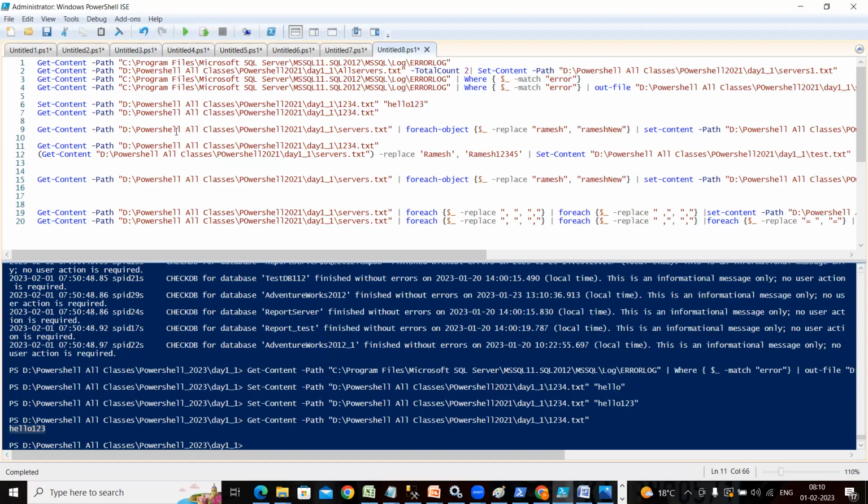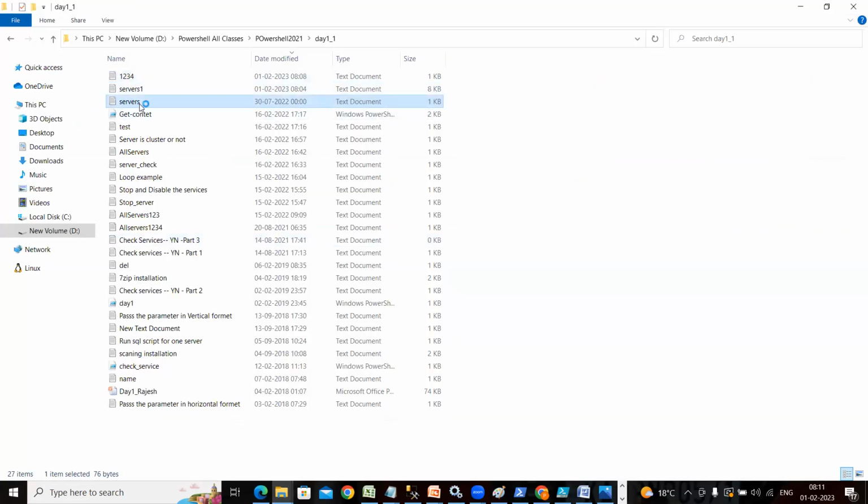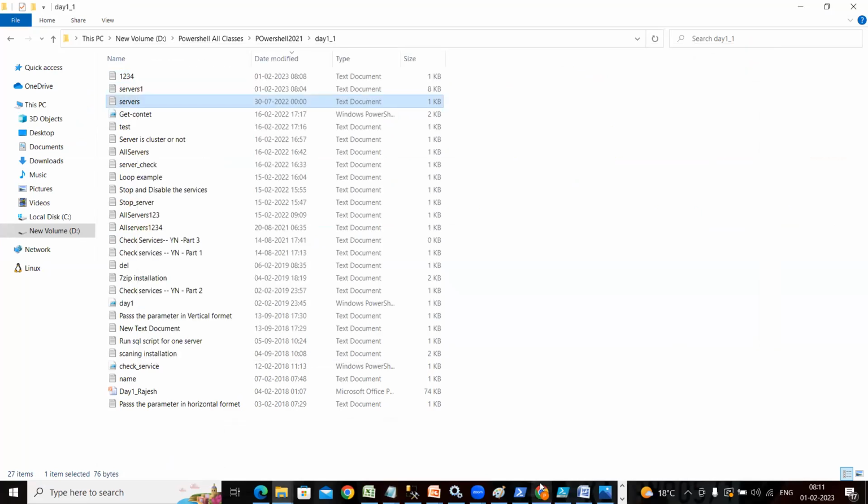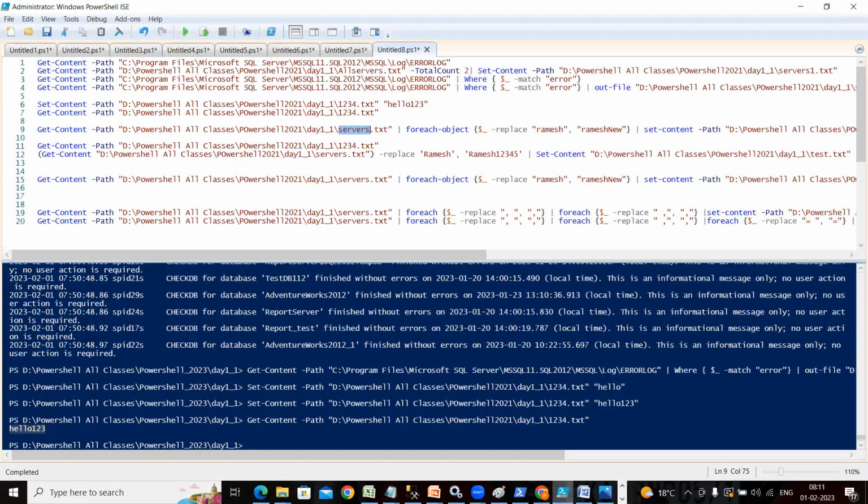You can also use the replace operator. So how do you want to replace anything? See here, I have this server.txt file. I will go into this. It is written something like that, right? I think it is not proper. It is written, I want to replace Ramesh. So what I'm going to do is copy this